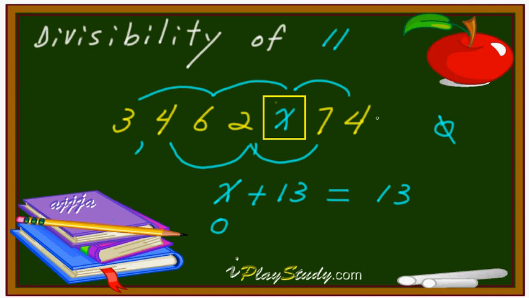Now, what about more than that? The difference should be what? Another choice for X is 11. If this one is 11, you move this one to the right-hand side, it's going to be 11. Yes, also possible. So X can be 0 in this case, or the difference is 11, or 22, 33, and so on. But 11 is a 2-digit number, and I told you X can be only 1 digit. That means the only 1-digit choice is 0. That's it.